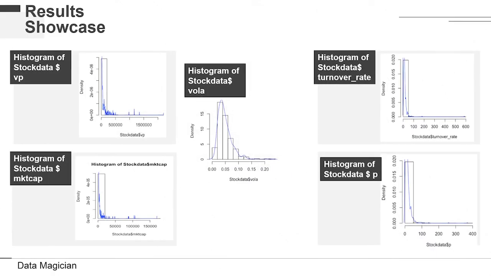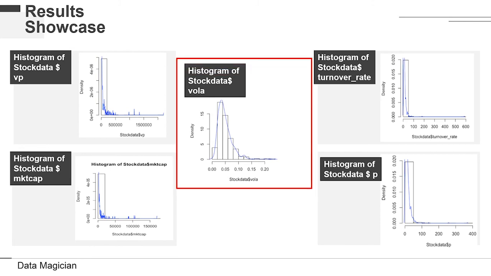Talking about descriptive statistics, first we look at the histograms of the 5 original variables. Only vola is normally distributed. The other 4 just have a decreasing trend but don't coincide with a normal distribution. Therefore, for the later regression analysis, we need to transform these 4 variables into normal ones. So, we generate 4 log variables which are normally distributed.